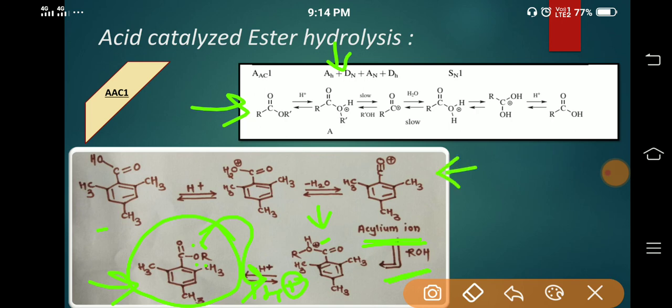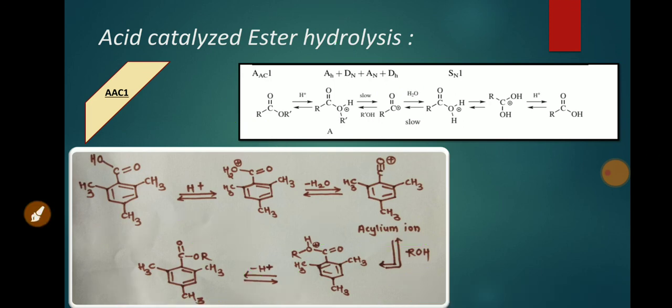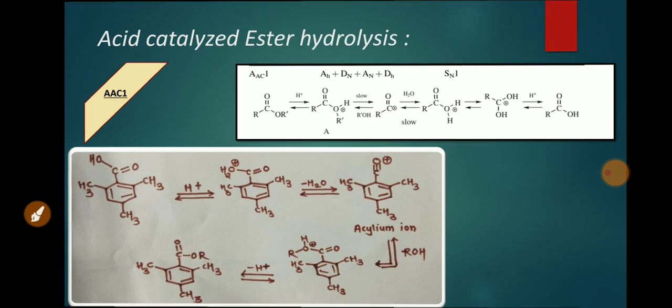We can understand this is very sterically hindered. Okay, to relieve the steric hindrance, that positive charge on the carbon can be stabilized by the aromatic ring as well as the oxygen atom. Then later on, addition of nucleophile, that is association of nucleophile, can be carried out by the attack of water molecule at the carbonyl carbon. Then dissociation of proton will give us acid as our second product. Okay, so this is all about AAC1 mechanism.